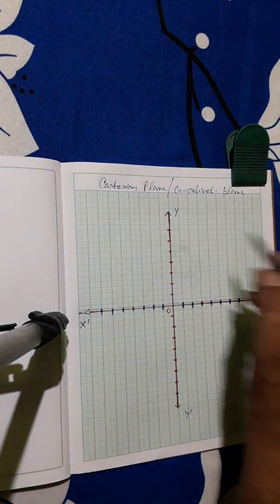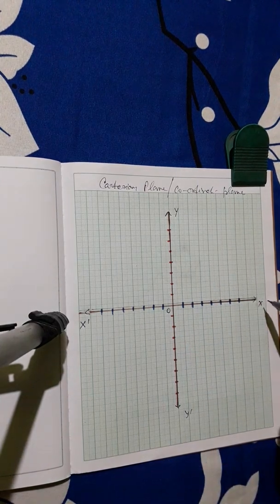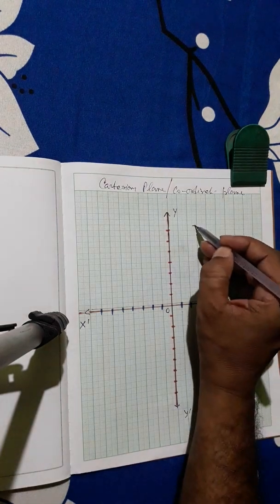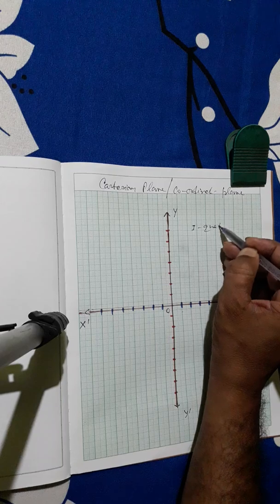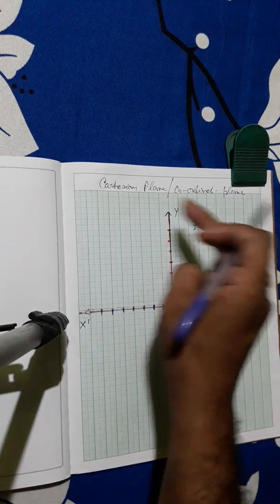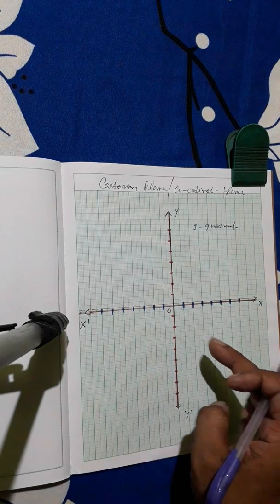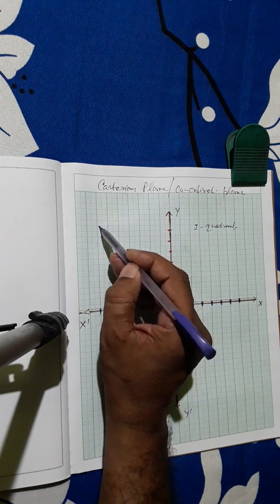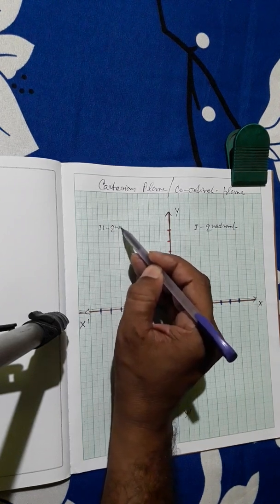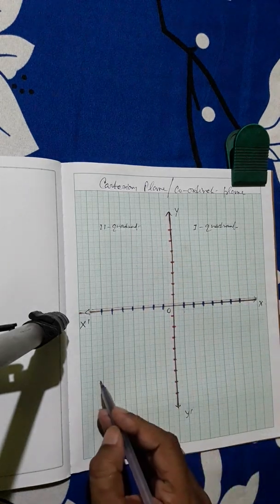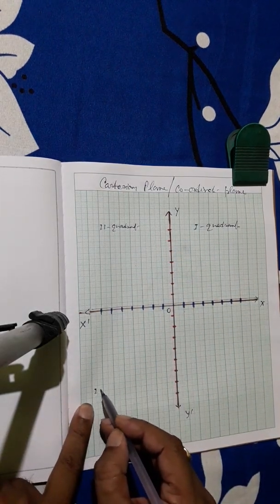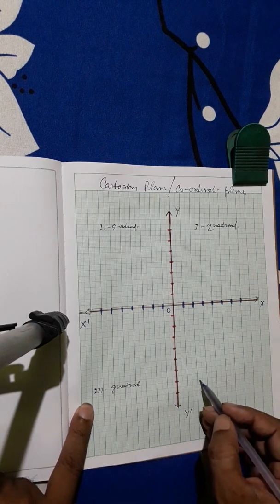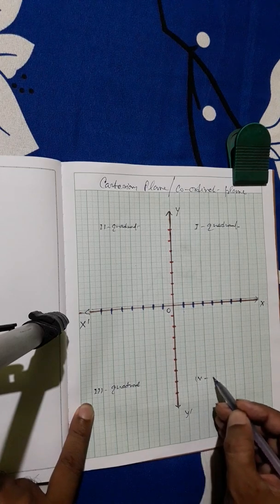Okay, this part you see in the figure, that is the part bounded by OX and OY, is called first quadrant. Proceeding along anticlockwise direction, the second part, the second 1/4 of the page approximately, is termed as second quadrant. The lower left part is called third quadrant, and the part here you see is called fourth quadrant.